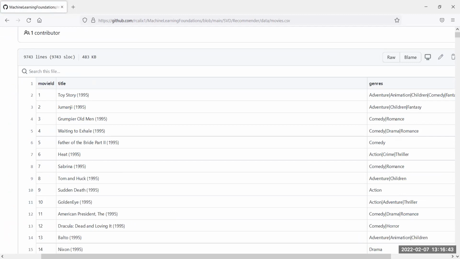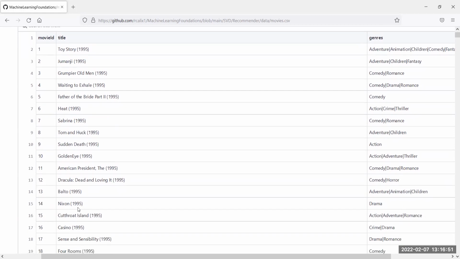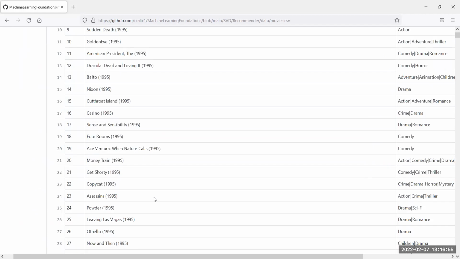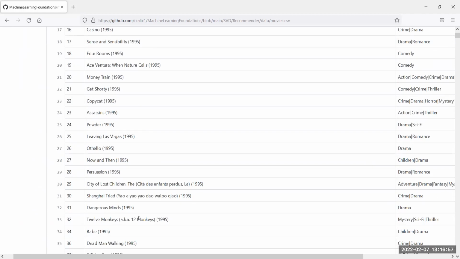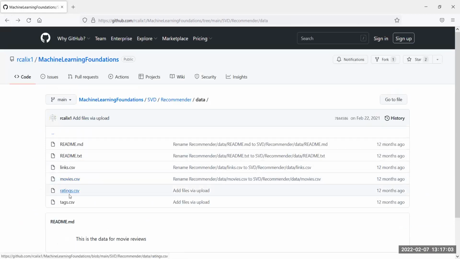So given some inputs, boom, recommend something. Here we have a few movies, like Casino and Ace Ventura, and then a whole bunch of movies. We've got the IDs. For this exercise, we really just need these two files, because obviously, to know that it works.